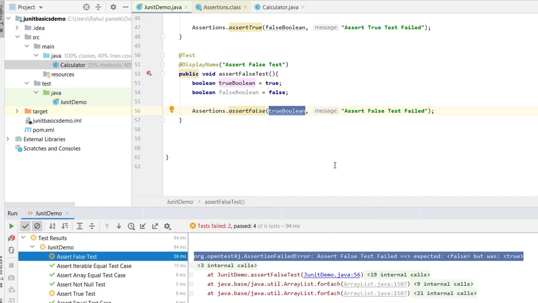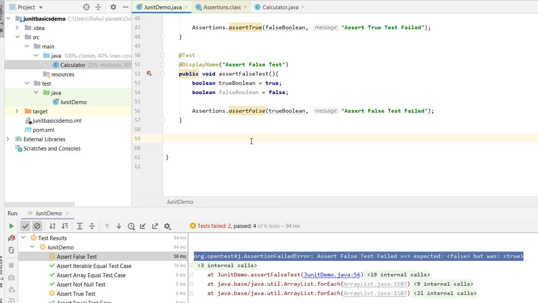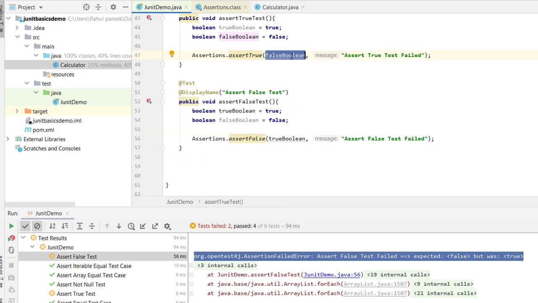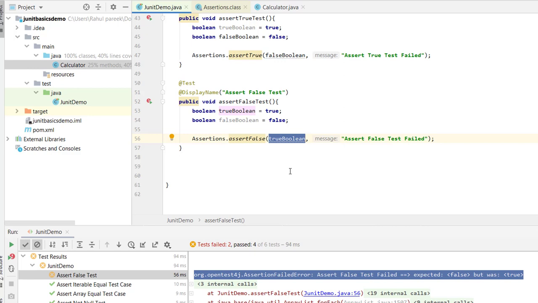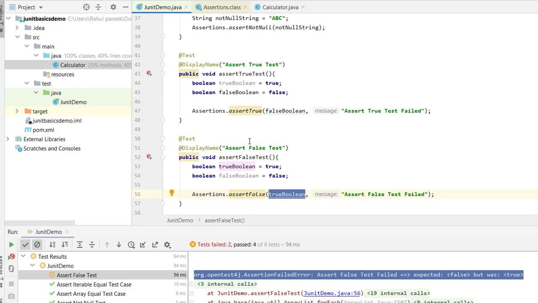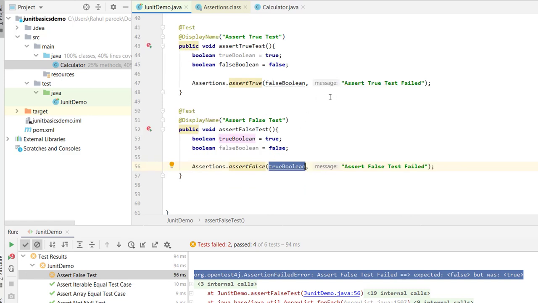With this it is also very clear what is happening. So whenever we are working with some logic and implementing the test case, we use assert true and assert false in the same fashion. In real time scenarios, we have some particular conditions. Let's say we have some logic and it returns true or false on the basis of a calculation. So we can provide that in here, and we can assert our test case. I hope that till now all the assertions we have worked with are familiar and clear to us. Let us see some more assertions which are also very important.